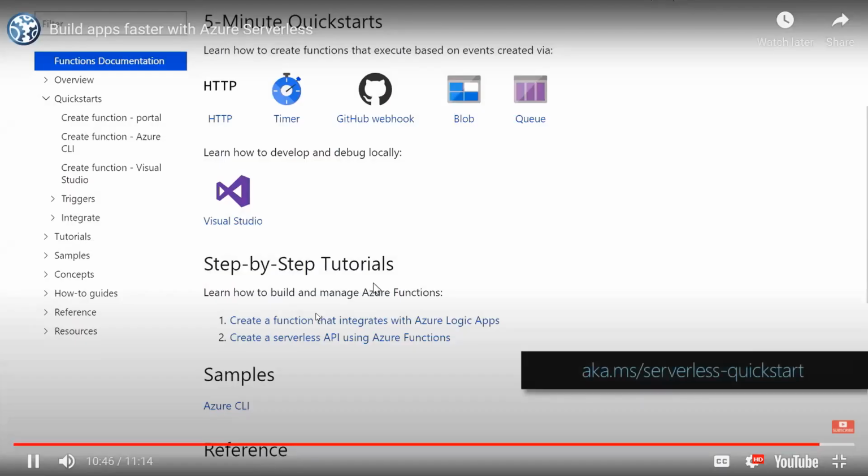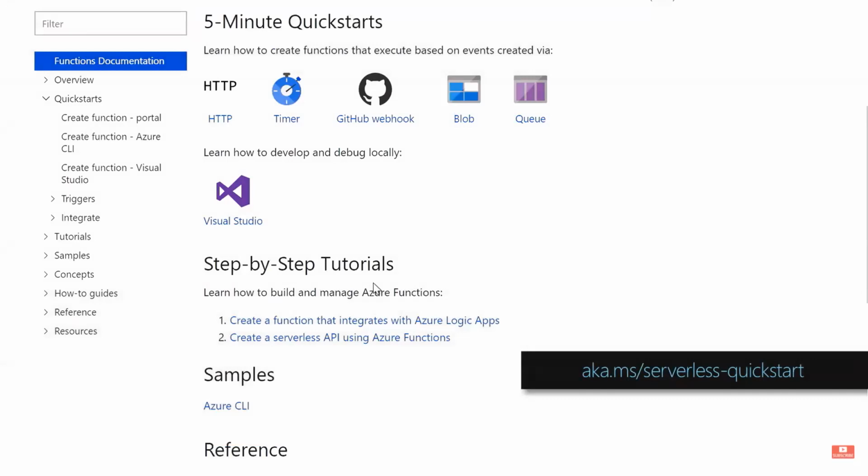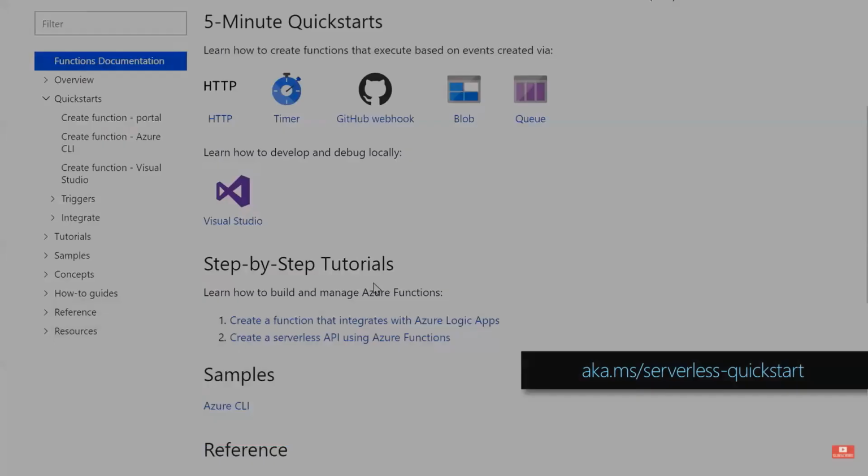So with Azure Serverless offerings, you're getting a fully managed service that scales on demand and runs your apps in a fraction of the time. But how do people get started with Azure Serverless? Yeah, so we have a few quickstarts on the Azure Functions and Azure Logic Apps documentation pages. And what's great about serverless is you can spend just an hour or two and have some really powerful apps ready to go.